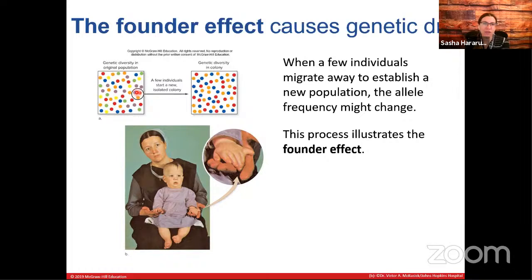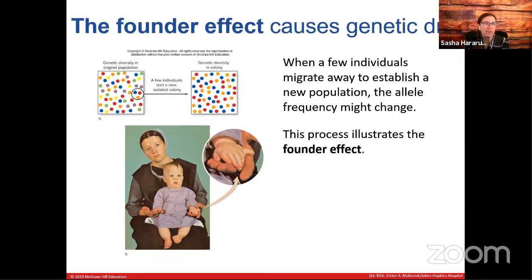And because these few individuals will not represent the whole genetic diversity within the population, the new population will be much less genetically diverse. The new population will have no access to the green allele here or the purple allele here. So the new population will have only blue alleles, orange alleles, and red alleles. Okay, so the picture here